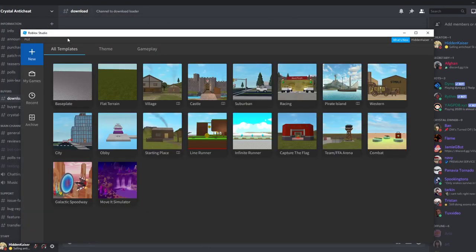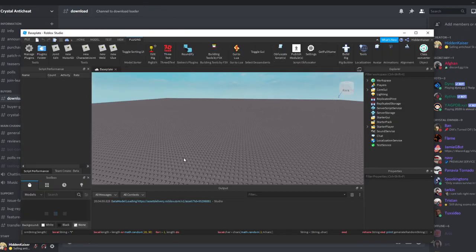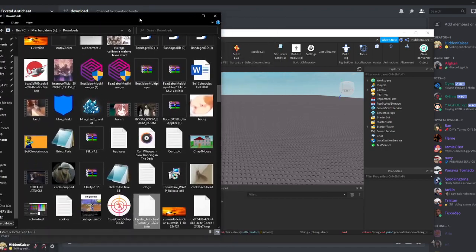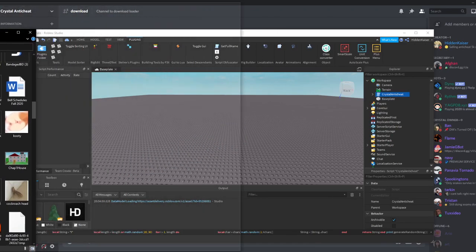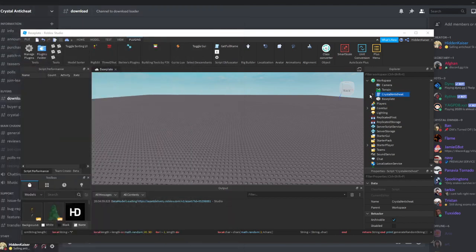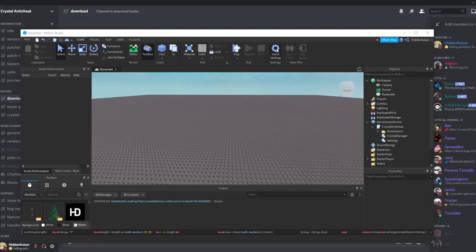And then we're just going to create a new base plate for this example. Now we grab our crystal file and we drag it into the other window. Now we see we have it in here, we drag it into server script storage. So the first thing we need to do is make sure, if we go to game settings,